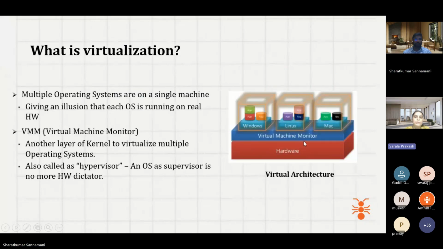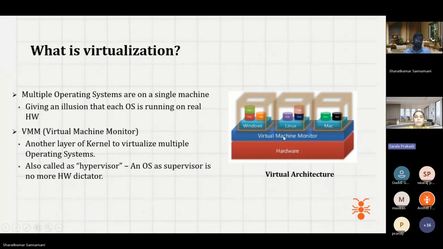Okay, so now you can see there is hardware and there are a lot of guest OS. Guest OS is nothing but your operating system. There is a term called virtual machine monitor, which is also called hypervisor, or it is also called supervisor. So what will it do?